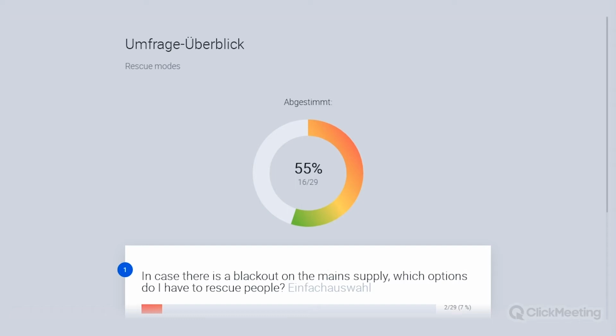Most of the people answered that all answers are correct. So in fact, all answers are correct. We can supply the lift system by means of batteries or UPS. The inverter is able to handle this condition, or we can do a more basic rescue operation by opening the brake and controlling the lift speed. Okay, good. So let's move to the presentation.